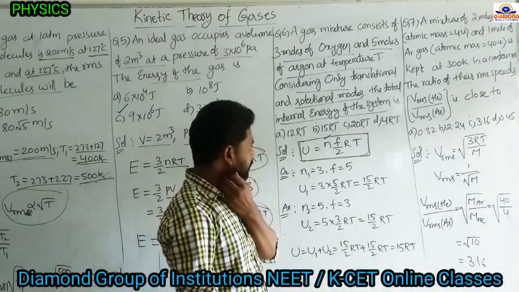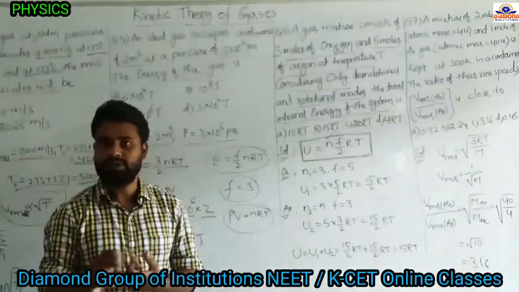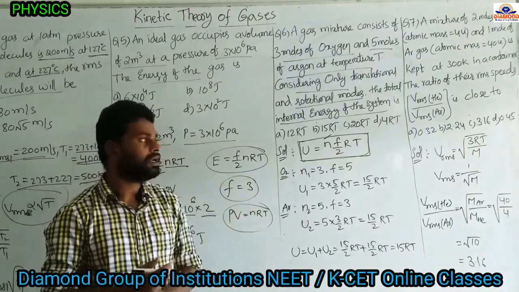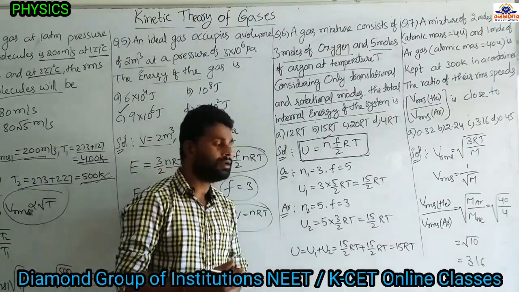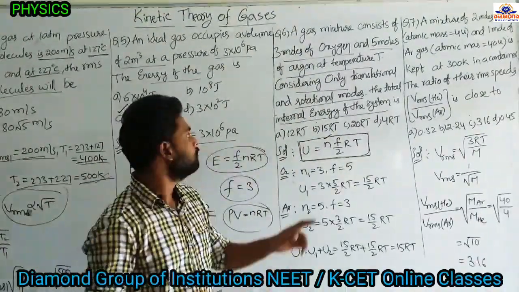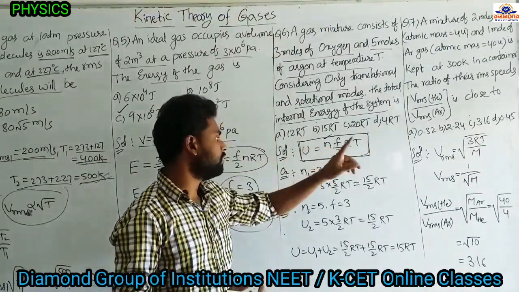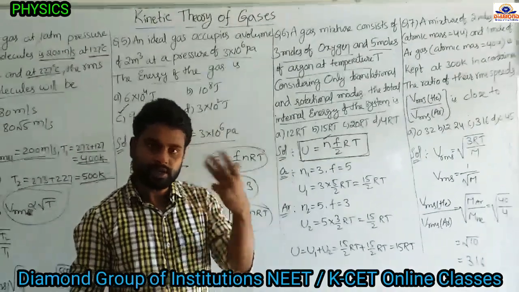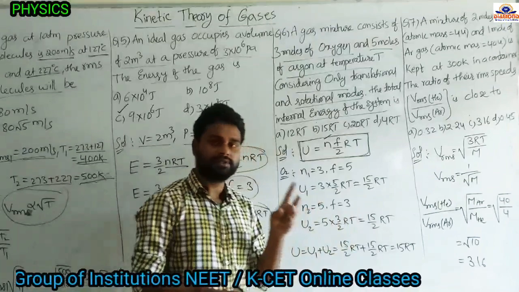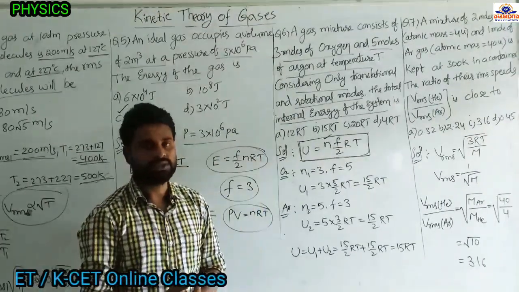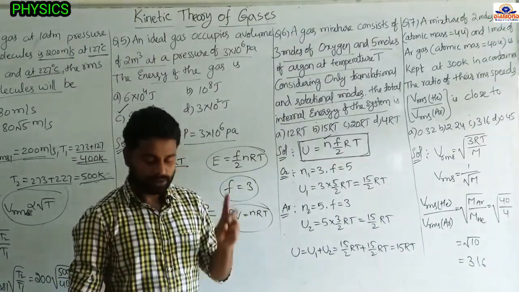Okay. So for degree of freedom also you have to remember, for monoatomic, degree of freedom equal to 3, translational motions only. And for diatomic we have the degree of freedom equal to 5. So here 3 translational and 2 rotational. For monoatomic gas, F equal to 3, translational motion only. So for monoatomic, degree of freedom is 3 and 3 translational motions, and for diatomic degree of freedom is 5 and 3 translational, 2 rotational.